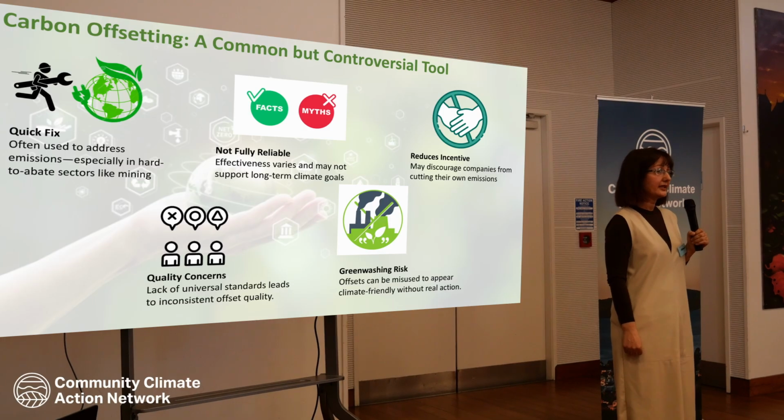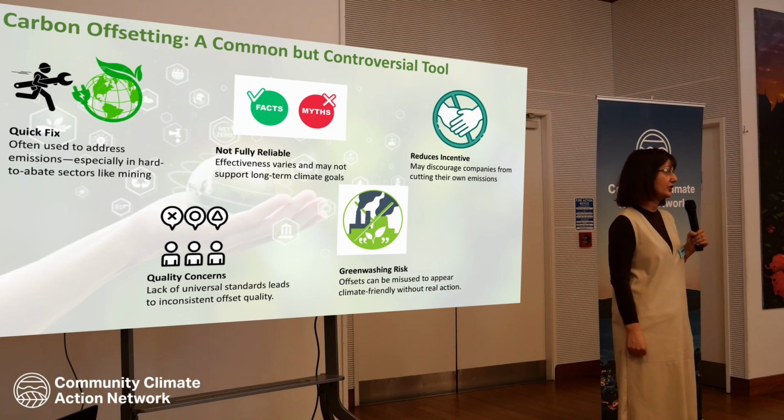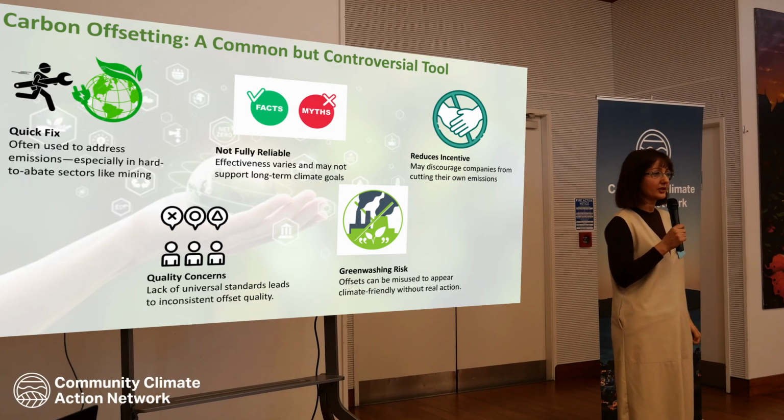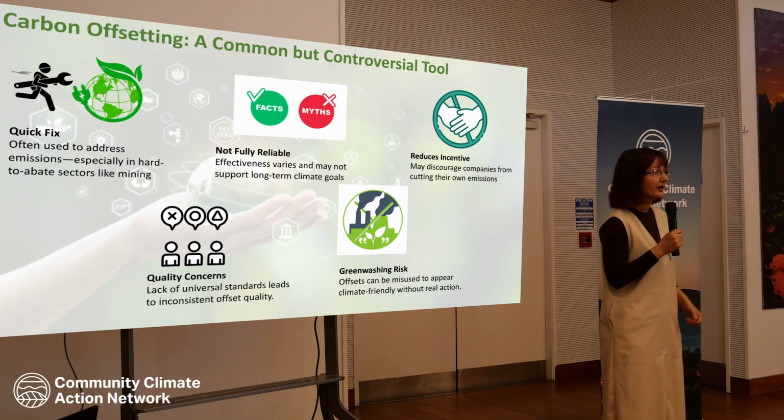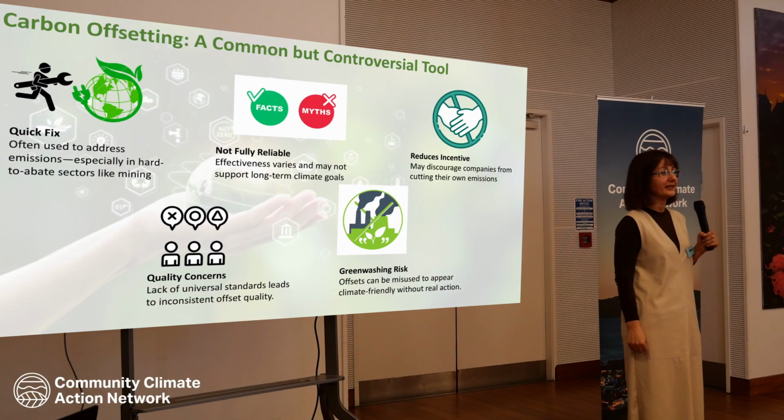So the question is, if offsetting is not enough, what are the real solutions in cutting emissions? Technology gets the spotlight, but the main game changer is behavioral change. Everyone, regardless of their role, can cut emissions across Scope 1, 2, and 3. We can't afford to wait until a new technology is invented to suck CO2 out of the atmosphere. So please leave your comfort zone and commute smarter. Your bike never complains about traffic.